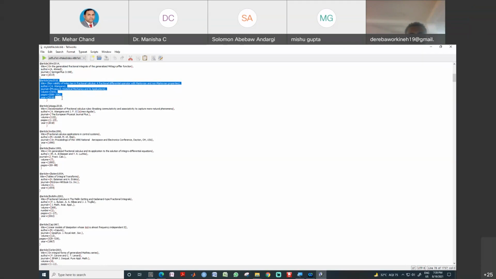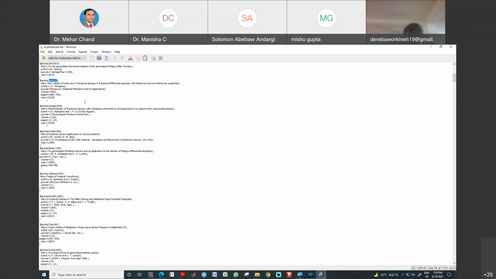So you can prepare this file with all the references, but you need to use only this code to insert your reference anywhere. After preparing this file, it is a one-time effort.